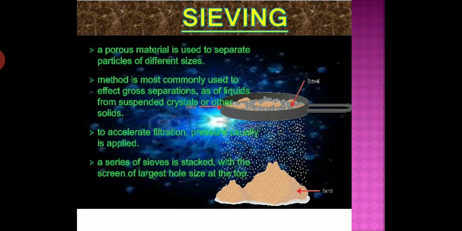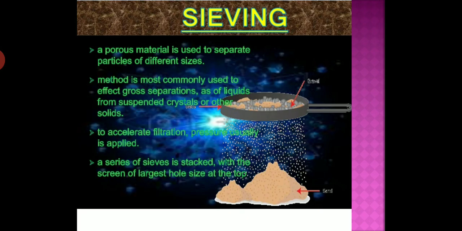Understand? So in some cases bigger components of a mixture can be easily separated by the use of a sieve. You add some mixture on the mesh and shake or stir. What will happen? The particles smaller than the holes of the mesh pass through, but the larger ones stay on the mesh, and gram can be separated from the wheat by this method. I hope you understand this method of sieving.